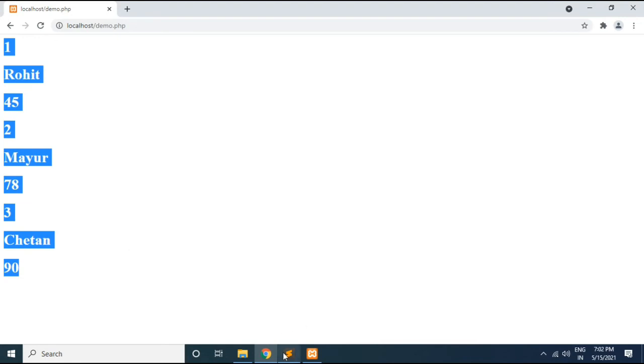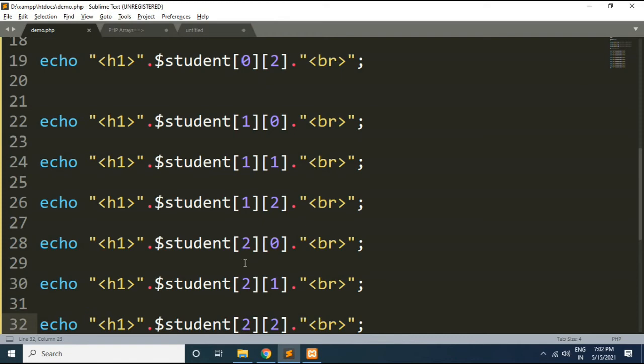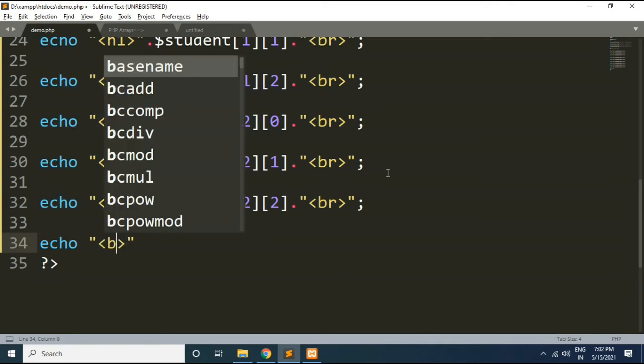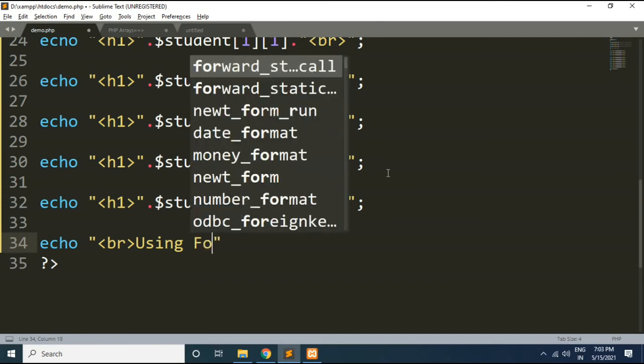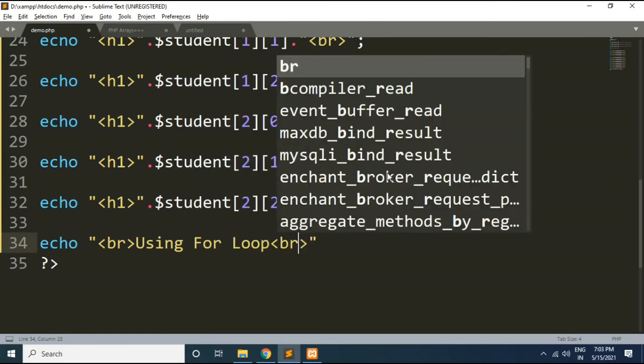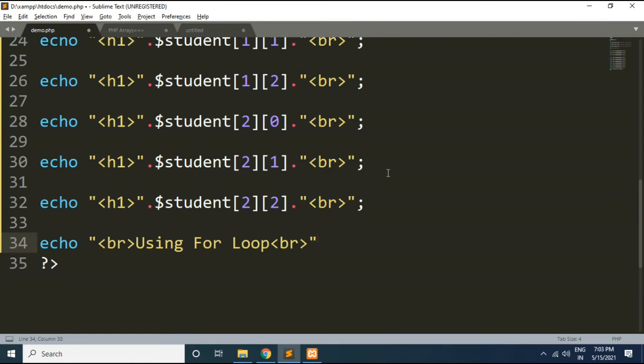Now how can we iterate through this multi-dimensional array? So see the example here. I will write here echo and br tag using for loop. Okay, so here we will need two for loops, one for controlling the sub array index value and one for controlling the individual array elements.